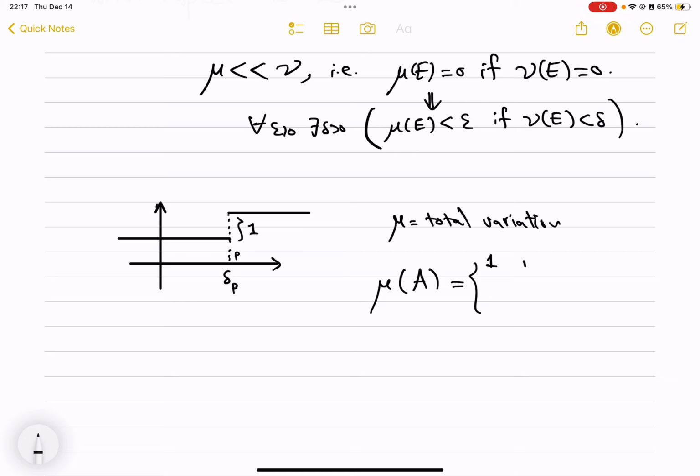Let's say it is 1. So 1 if P belongs to A, and it will be 0 otherwise,